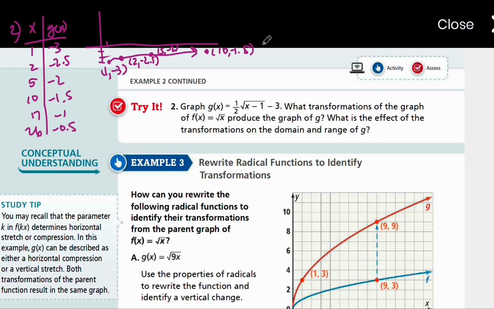Yeah, and so it's going to go up really slowly. You can already see it's a vertical compression, right? So let's describe the transformation. It is compressed vertically